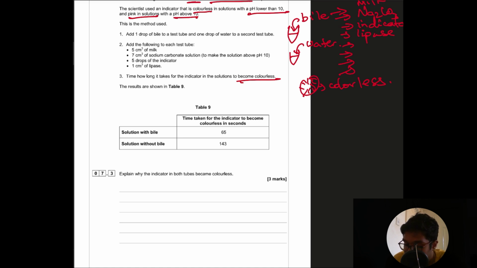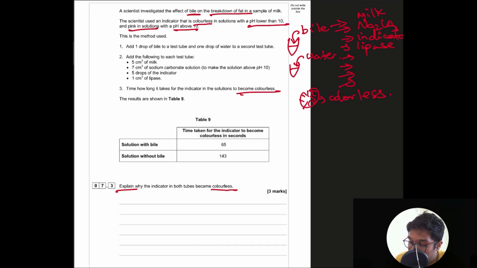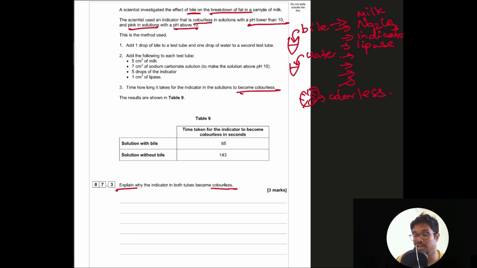Explain why the indicator in both solutions became colorless. So we're asking why it actually became colorless. This is quite an interesting question, because it's not asking to compare the indicators like they usually do, but they're now asking why it actually becomes colorless. The first thing is, because we have 1 centimeter cubed of lipase, and this question is mainly about enzymes,